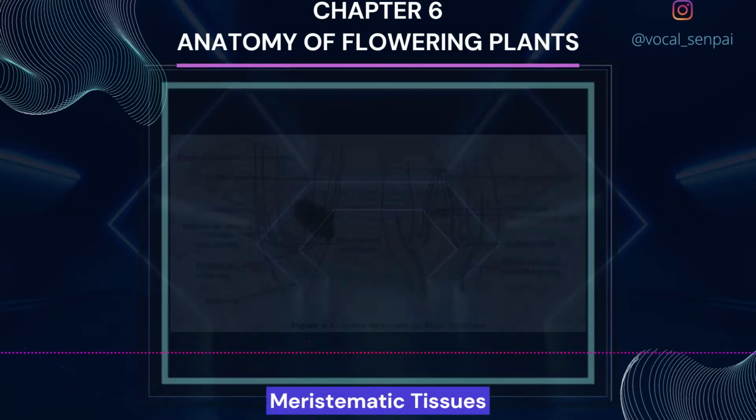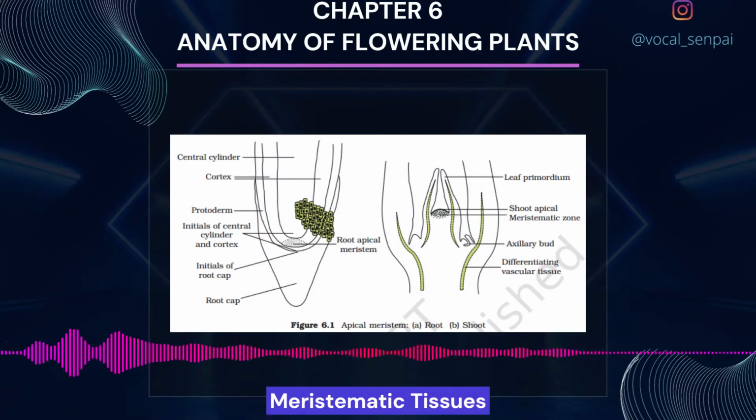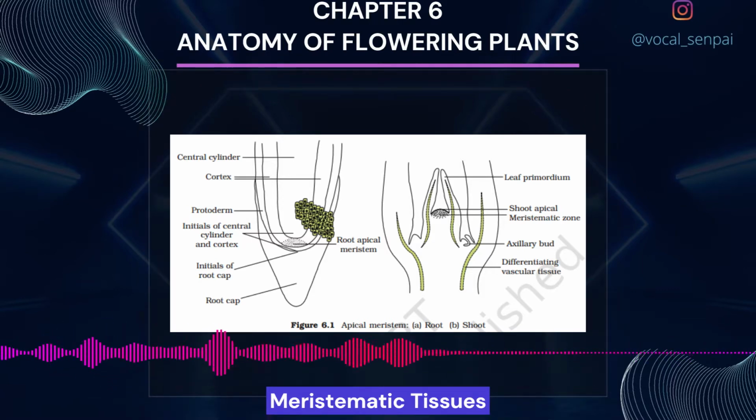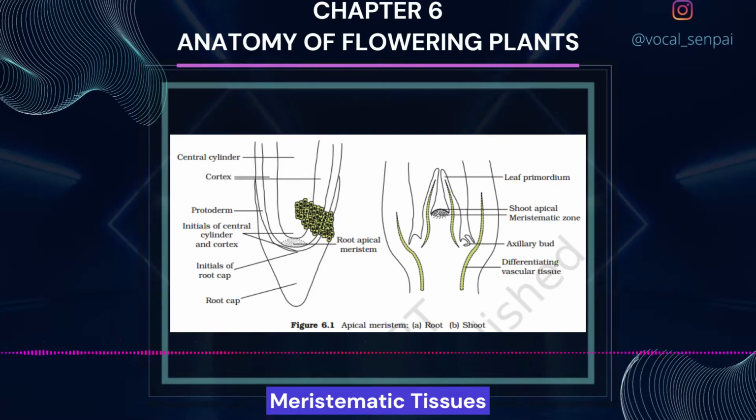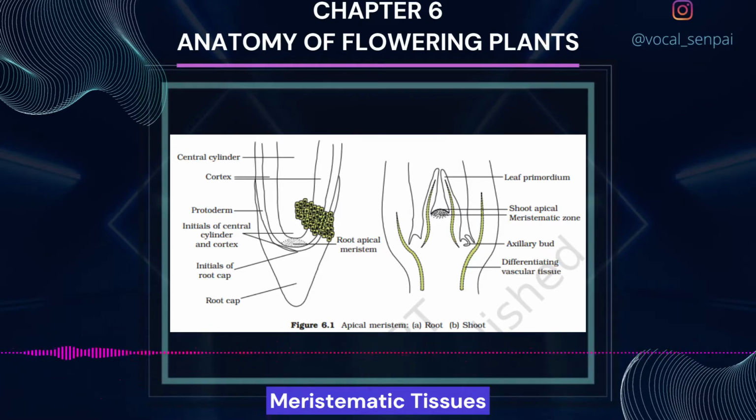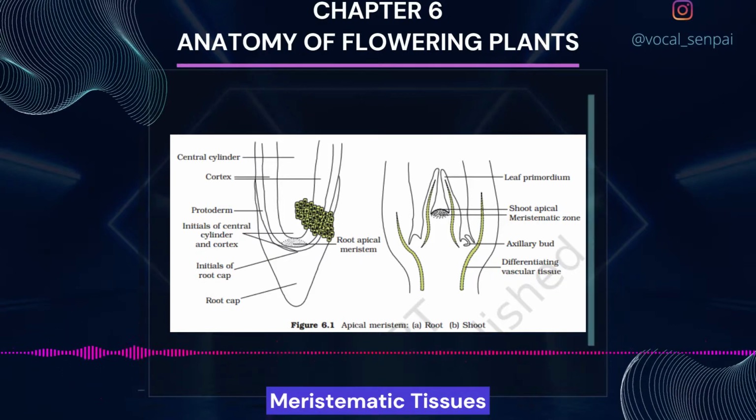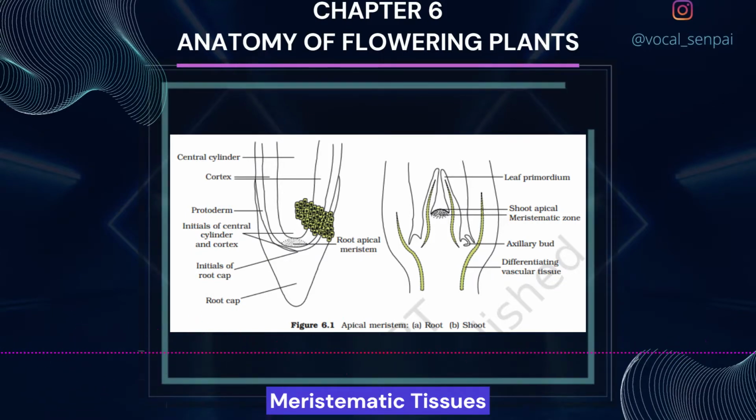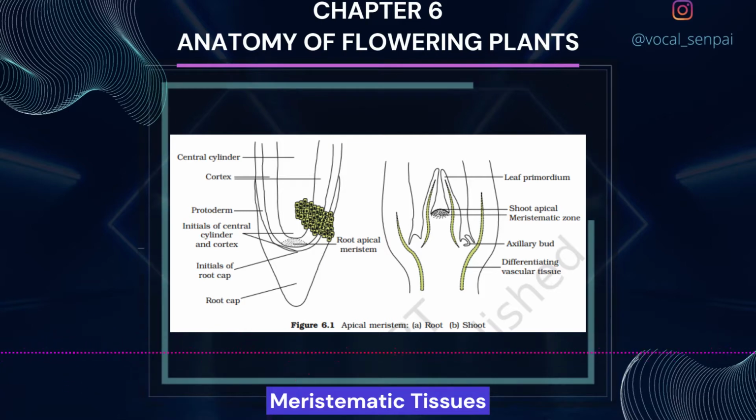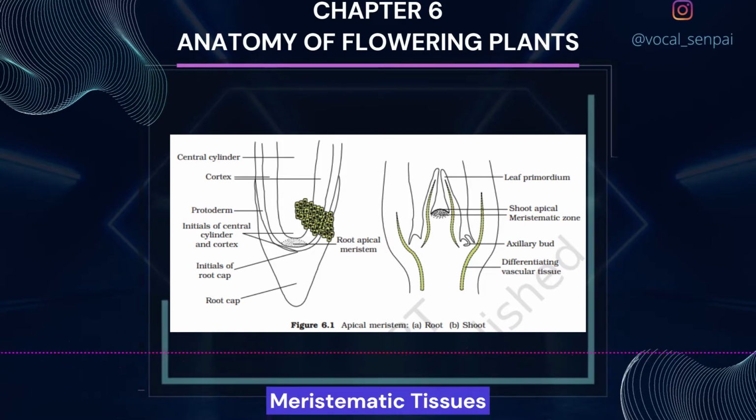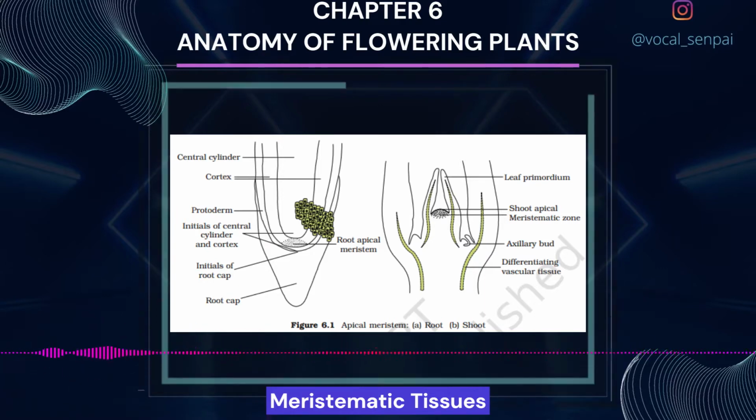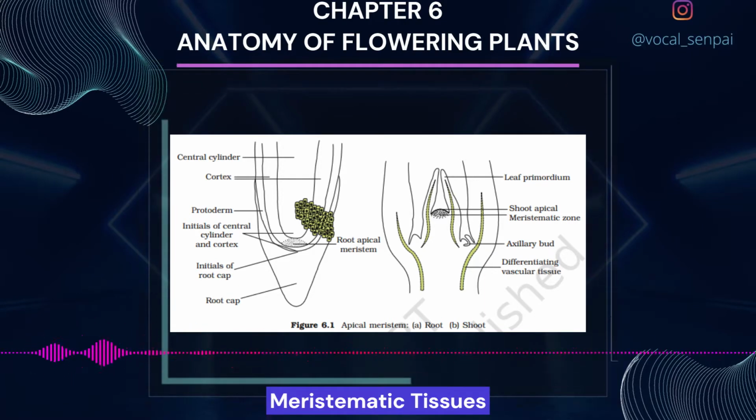Meristematic tissues. Growth in plants is largely restricted to specialized regions of active cell division called meristems, from Greek meristos, divided. Plants have different kinds of meristems. The meristems which occur at the tips of roots and shoots and produce primary tissues are called apical meristems, figure 6.1. Root apical meristem occupies the tip of a root while the shoot apical meristem occupies the distal most region